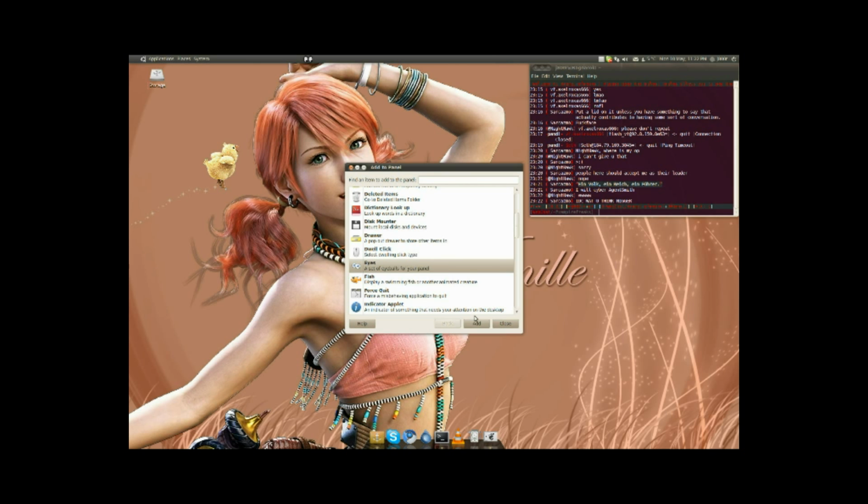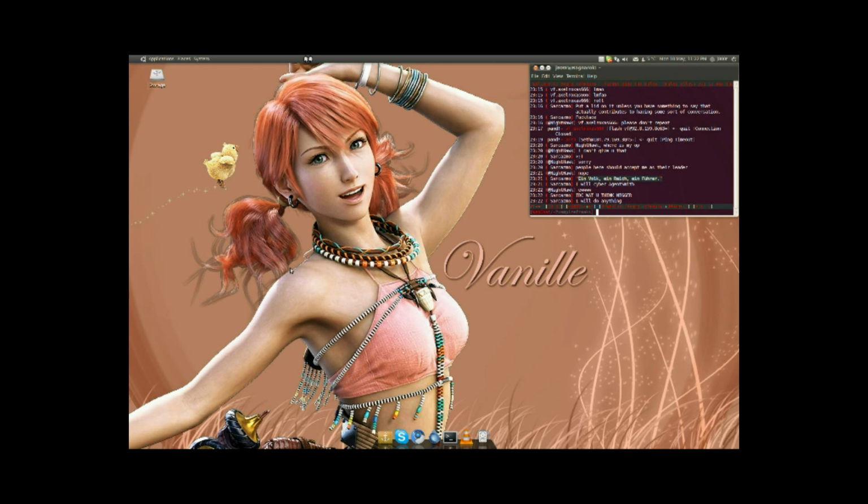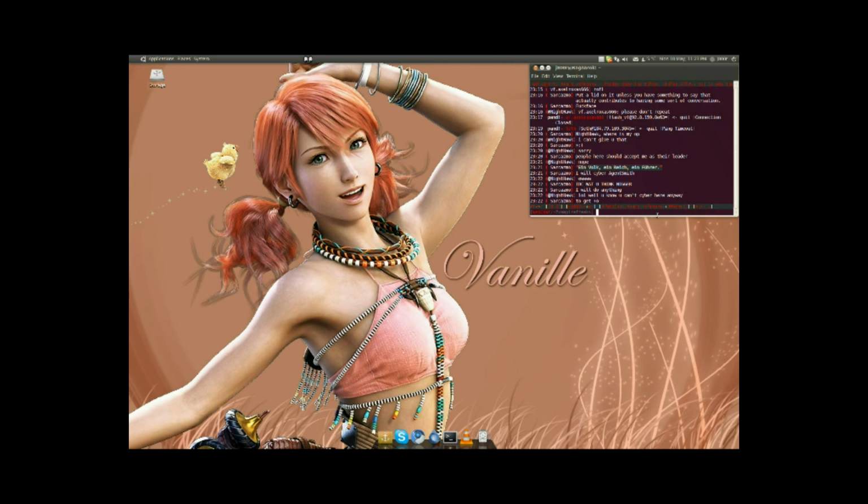Click on it, click on Add, and it will add the eyeballs that will follow your cursor everywhere around the desktop. But like I say, my main reason was just to show you these eyeballs and to show you my current IRC client of choice,